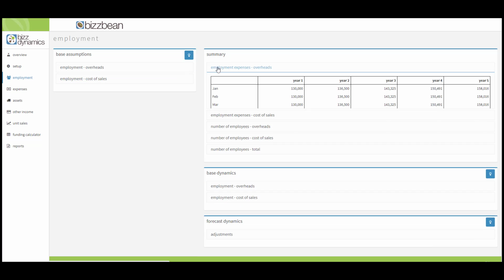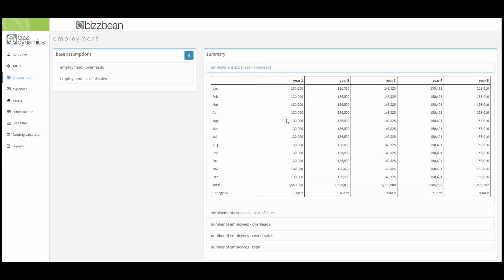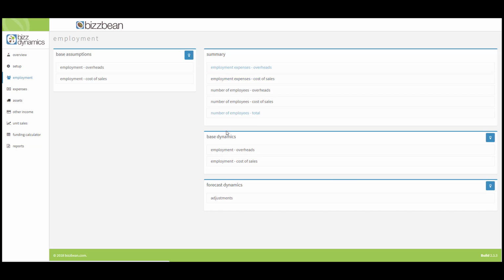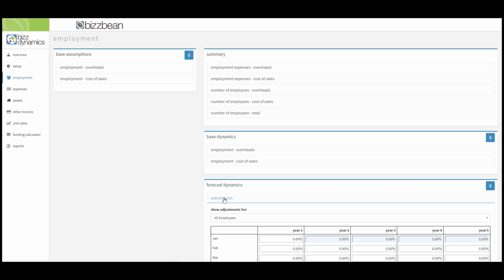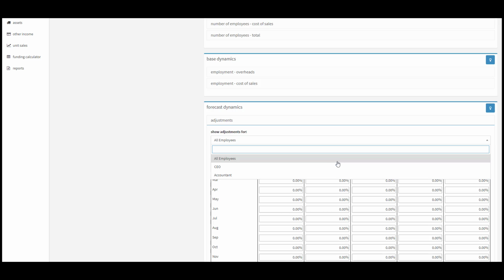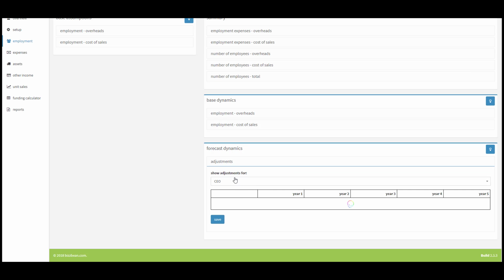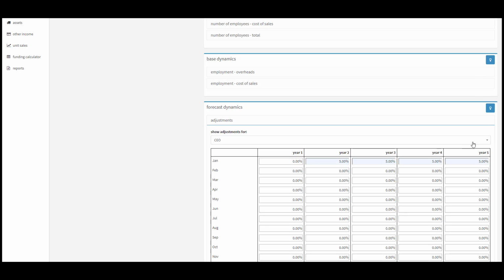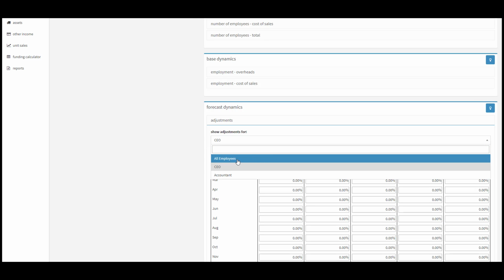The results would appear in the summary table where you can see there's the monthly costs which have accumulated to annual costs, and you'll notice that it's a 5% increase year on year, and that was because I decided in the adjustments section to provide a 5% adjustment on each year going forward in the forecast period. I could have done that by position, although I chose to do it for all employees, as you can see what I did there,